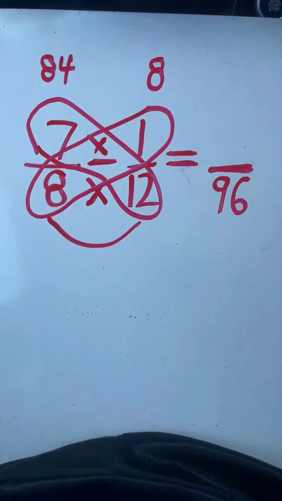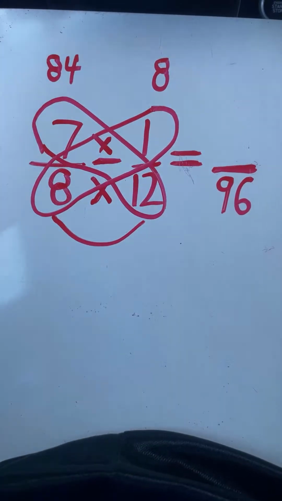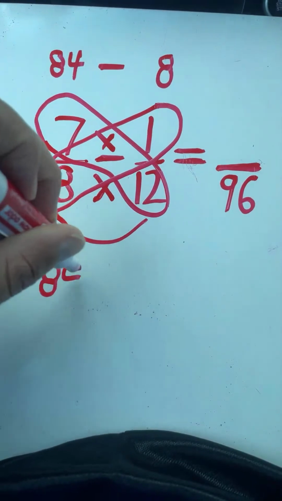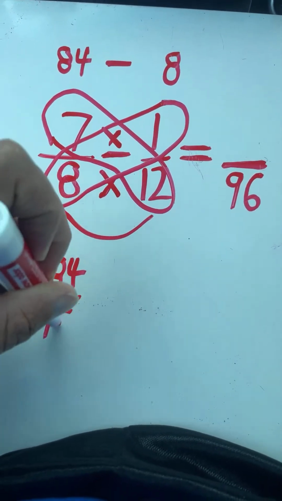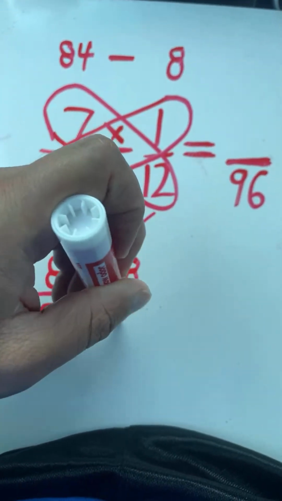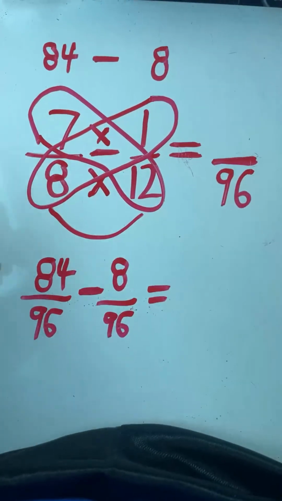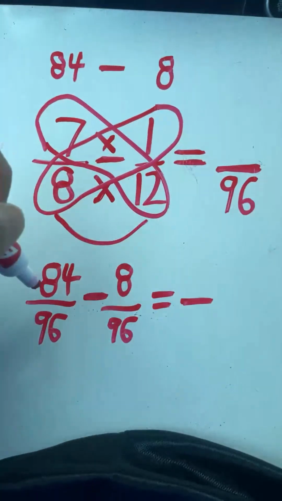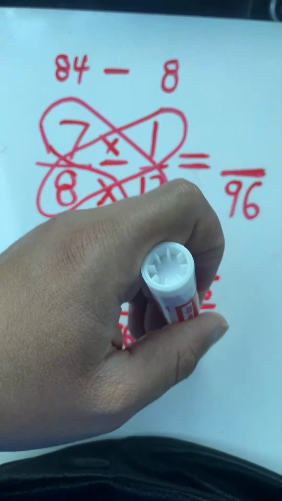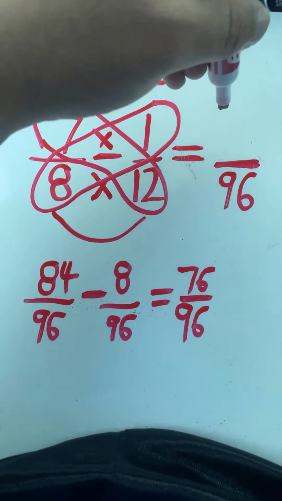So this is the same method for adding fractions with unlike denominators. Only difference is instead of adding the numerators, we subtract them. So we have 84/96 minus 8/96. So 84 minus 8 equals 76. So we have our answer, 7/8 minus 1/12 equals